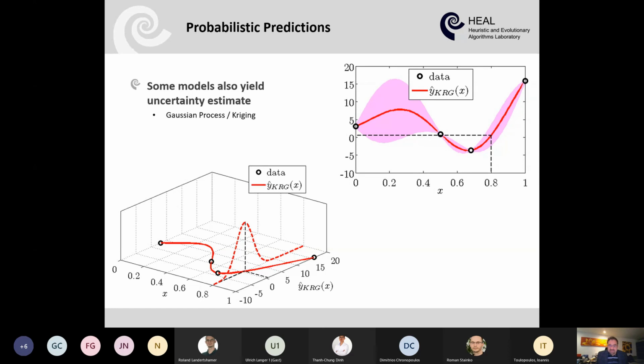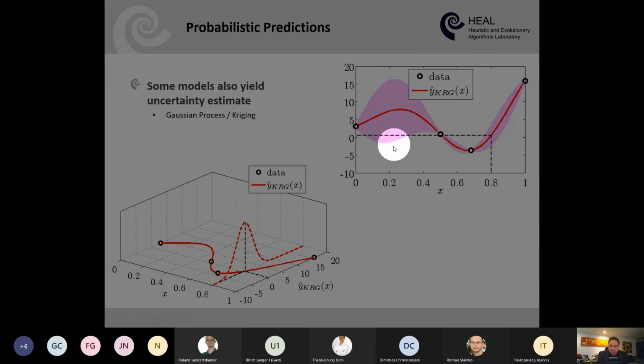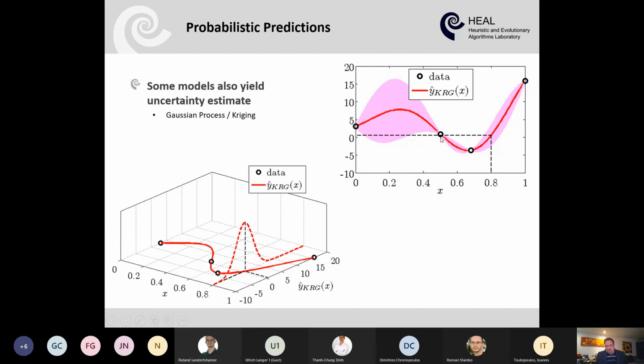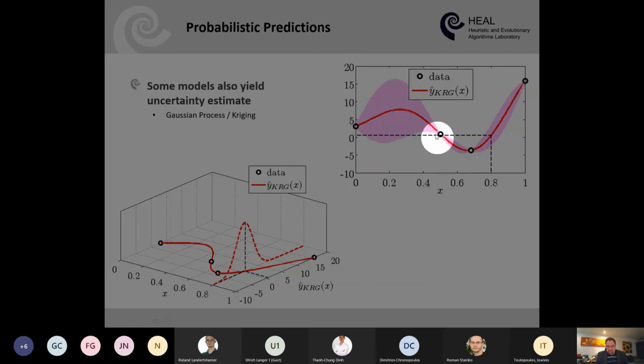The lower the density of points which have been evaluated with the exact simulation model, the more uncertainty we have. For example, here we have a quite huge area between outputs which are not too far from each other, and therefore we really don't know a lot about the shape of the curve inside here. So there's a large area of uncertainty,